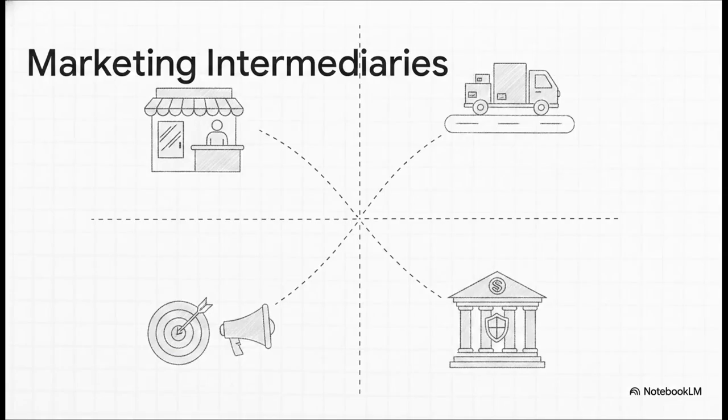There are exactly 4 types of marketing intermediaries that you need to have on your radar. First up, resellers. These are your distribution channel firms. Think wholesalers and retailers that help the company find its customers. Second, we have physical distribution firms. These guys help stock and physically move goods from point A to point B.